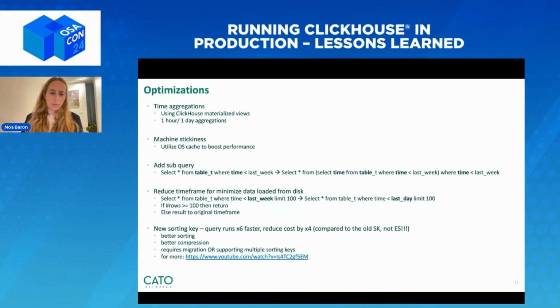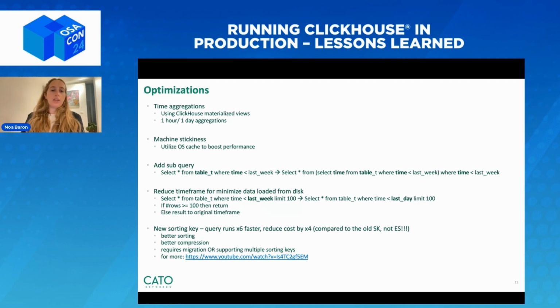On the first try, when we changed our sorting key, we got 6 times faster queries. Queries went 6 times faster and cost reduced by 4, again, because of the sorting and compression. And this is compared to the old sorting key, not compared to the original solution with the datasets. So really, you can get amazing improvements simply by changing your sorting key a little bit. We've done this process, I think, now 4 times, and we just keep getting better and better results for our